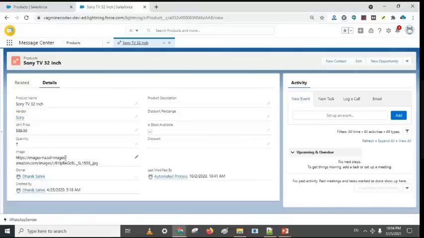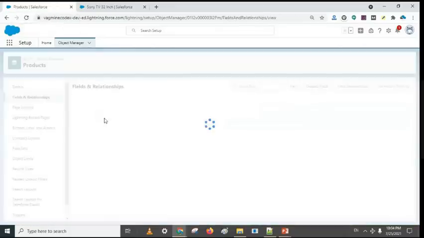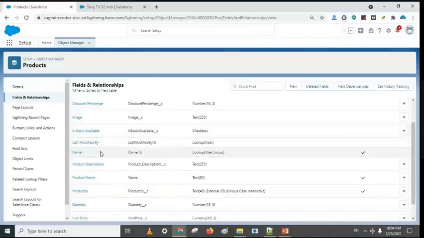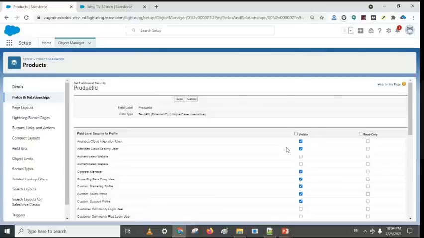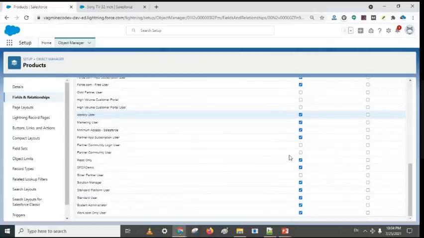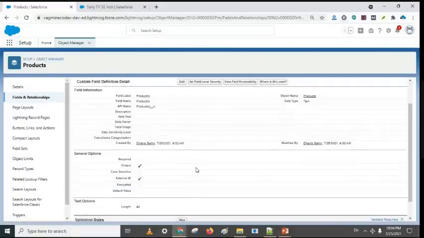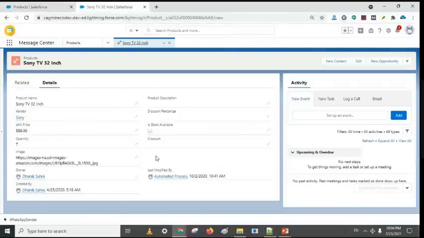Product ID is there, but it's not showing. So yes, it looks like an access issue. It has access. Where is that product ID?